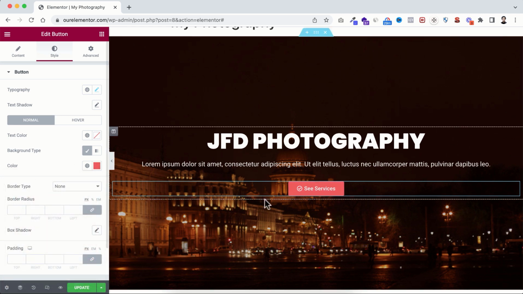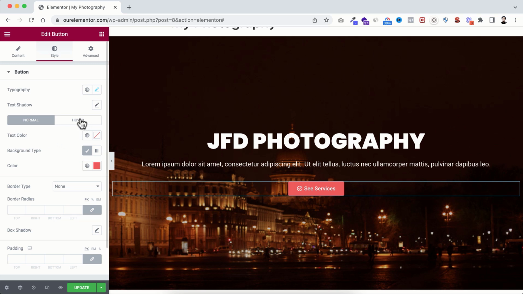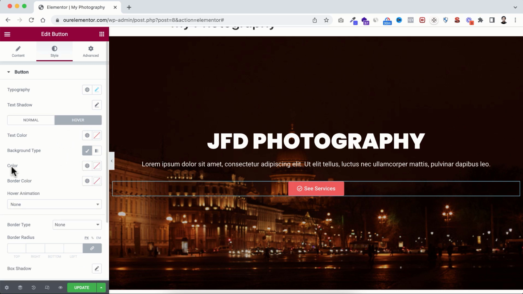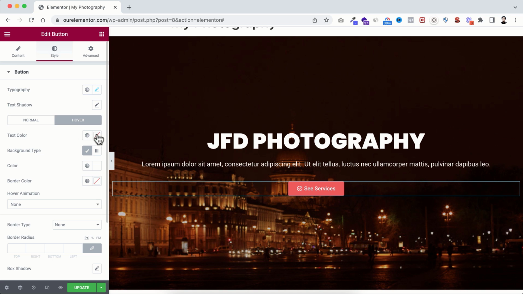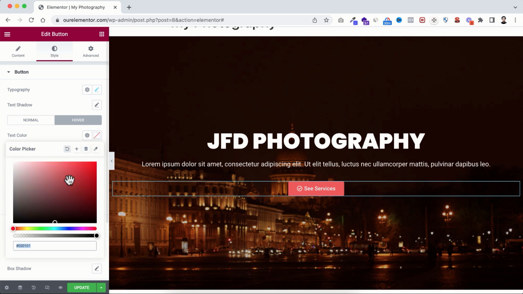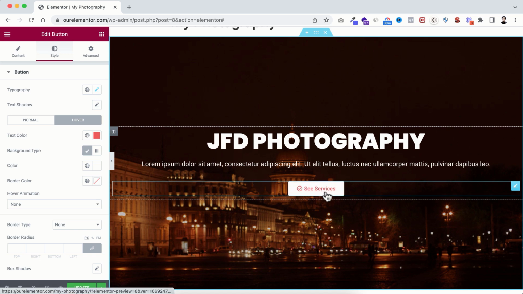Alright, now I want to show you another interesting thing. Have a look here. If I hover over on this button, nothing is changing. But on the hover, I want to change its color. So to do it, let's now go under hover here. So on hover, I want to change the background color from here. On hover, I wanna make it white color, and the text color, I wanna make that red color. So here I'm selecting the same red color. Now have a look here. Initially it's looking like it, and when I hover over on this button, the background color becomes white and the